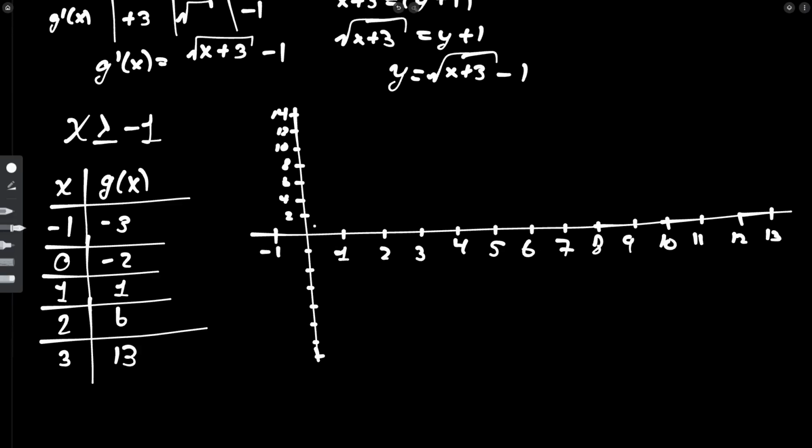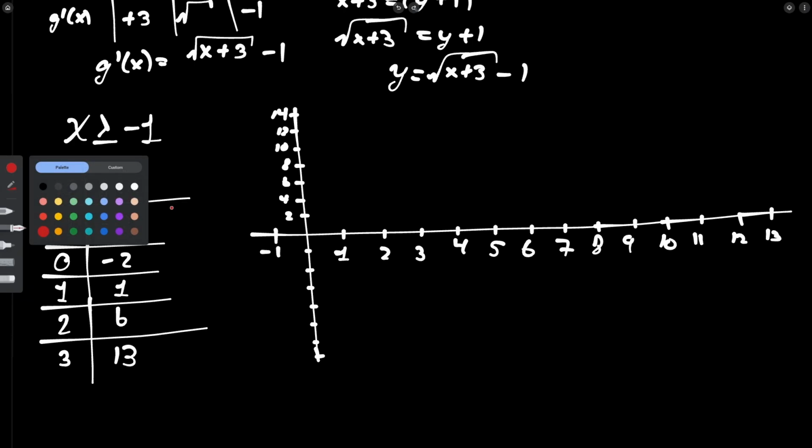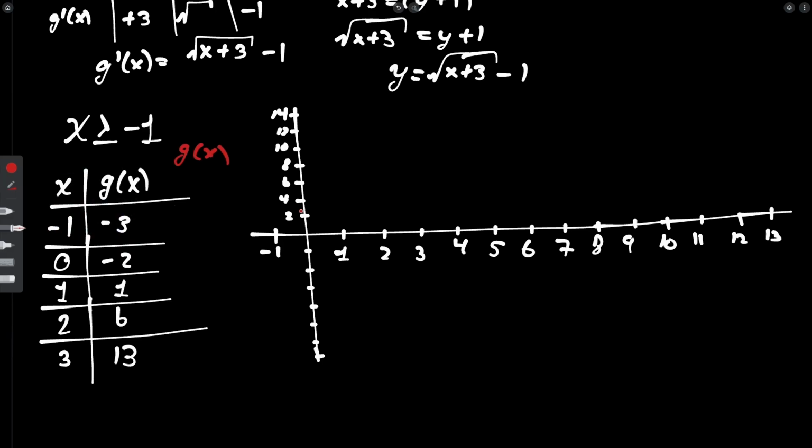All right. For g of x, we have -1, comma -3. That'd be around about there. I'll do g of x in red, actually. That's -1, comma -3. That'd be about there. 0, comma -2. That's around there. 1, comma 1. About there. And 2, comma 6. And 3, comma 13. Way up there. So graphing this